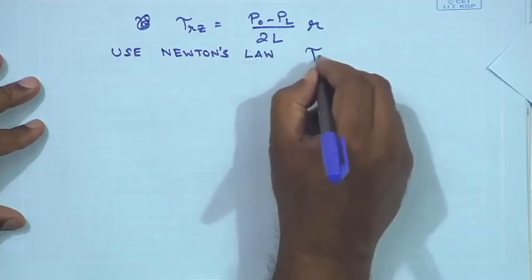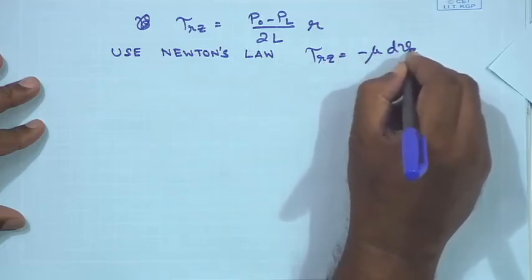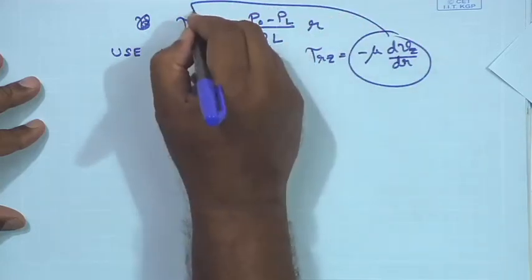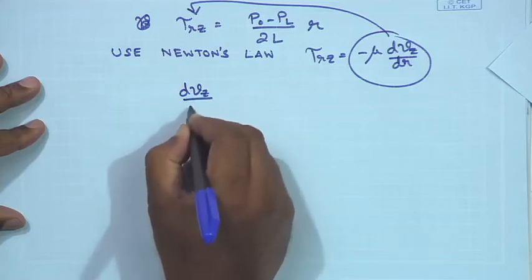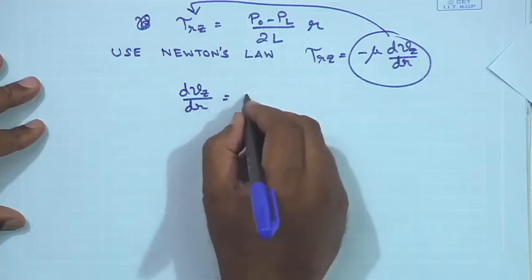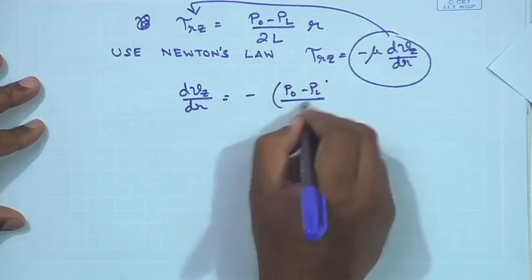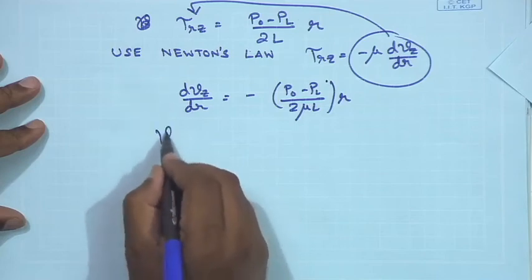So, your tau Rz is minus mu times dVz dr. So, when you plug this in here, what you have is dVz by dr is equal to minus P0 minus PL by 2 mu L times r, and upon integration it would give you